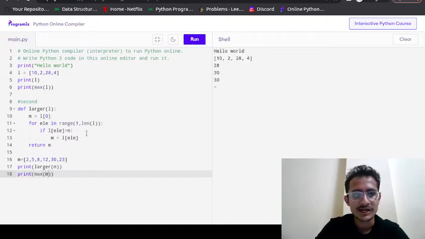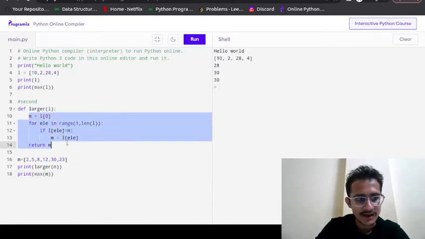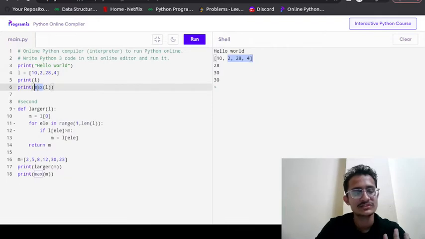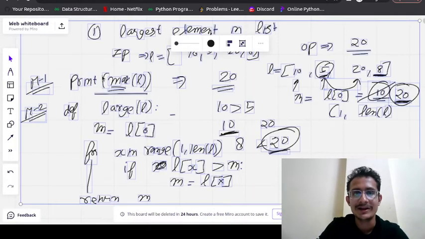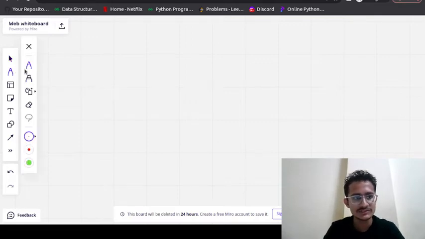Okay, but what I want is you should be learning this also. So here we have to use our mind about what we have done. First of all, we come to the first element and make that element the greatest element. Then we started from the second element, and we checked in each step. So this will help you build the logic in your mind. I know you can use this function, but the main focus is that we want to build the logic. That's why we want to go by the basic functions. Okay, so this was the first question.